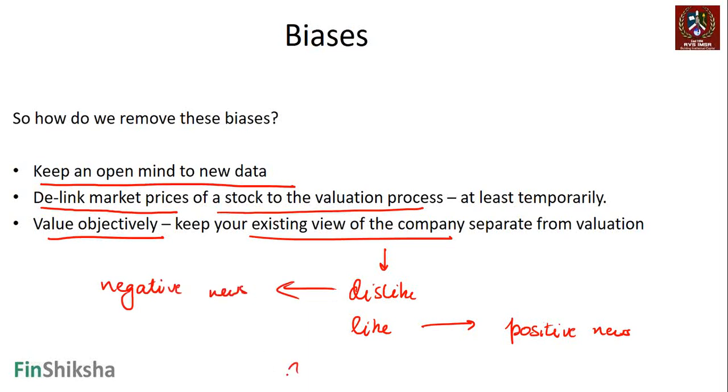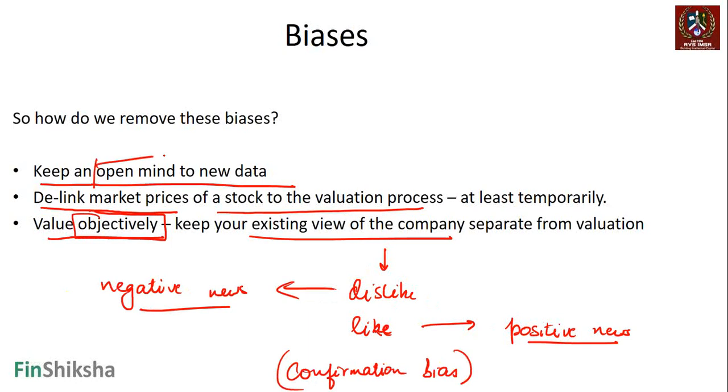This is a bias called confirmation bias. For additional understanding, you can go and look at confirmation bias on Google. All of us seek information that confirms our current view. My current view is I like a company, so I'll look at positive news. My current view is I dislike a company, so I'll look at all the negative news. That is an incorrect way of doing valuation. I need to value all news and I need to value objectively and I need to keep an open mind, which is basically if data changes,